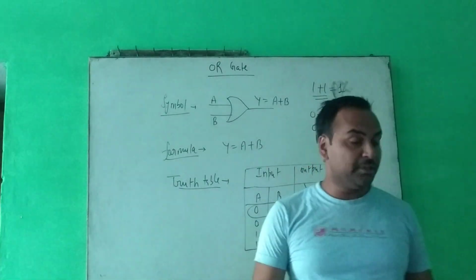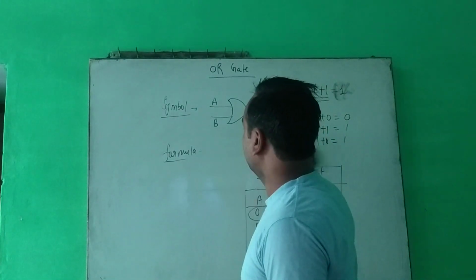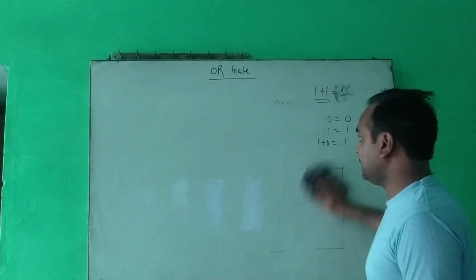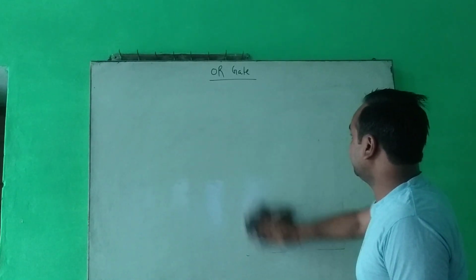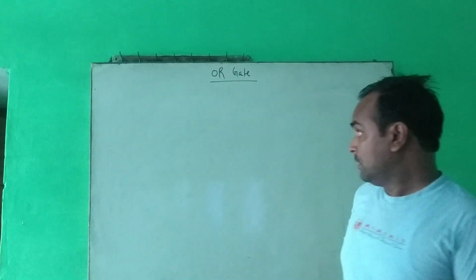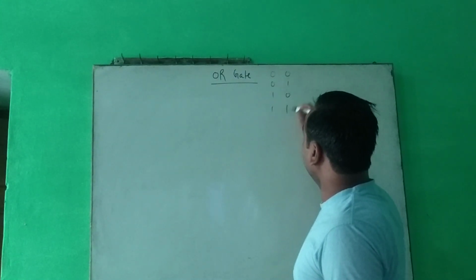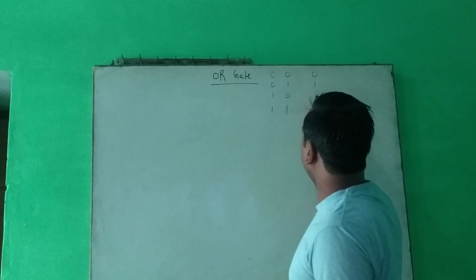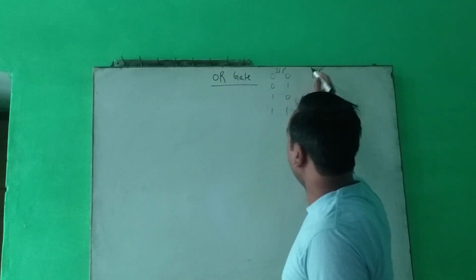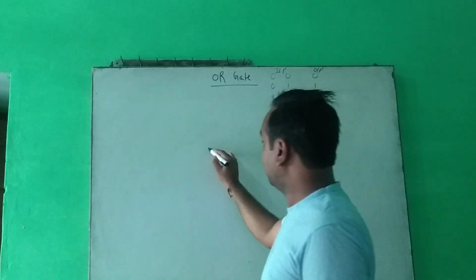Now let us move on to the next, which is known as the circuit diagram of the OR gate. So let me explain how the OR gate works with the help of the circuit diagram. The circuit diagram is given here, and with its help you can easily understand how the OR gate works. So 0 0 1 1, 0 1 0 1, we are obtaining here 0 1 1 1. These are inputs and this is output.